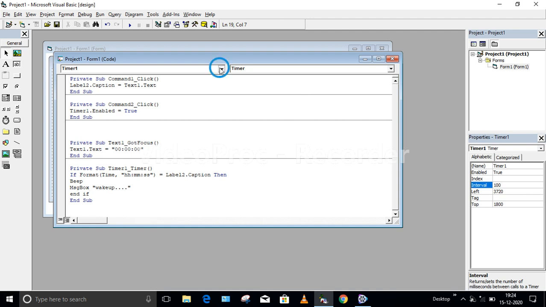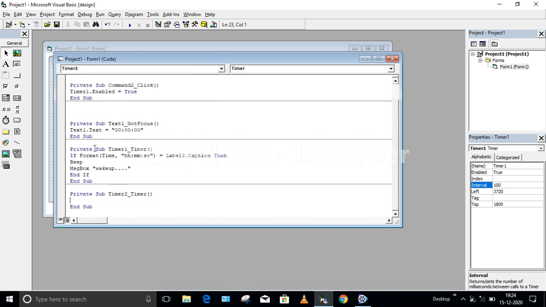Along with this, I want to write the coding for timer 2 also, the second timer we have taken. So here I'm taking Label1.Caption = Format, here again I am going to format the time, and that time will be in the form of hours, minutes and seconds.